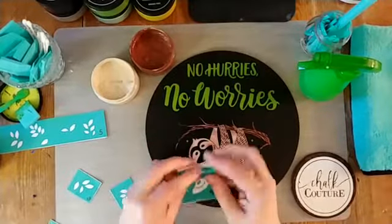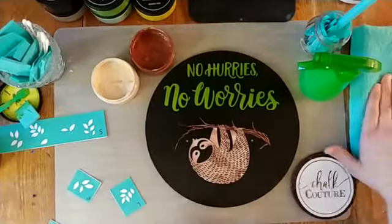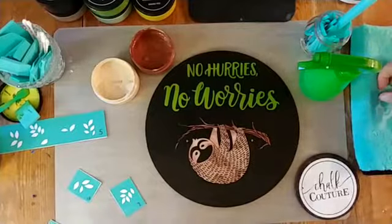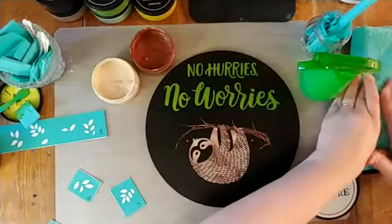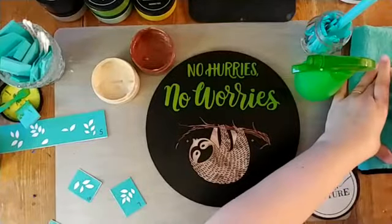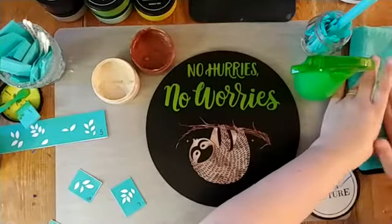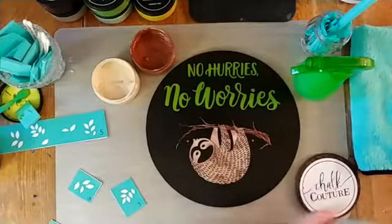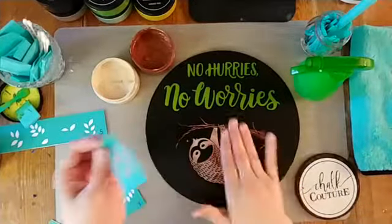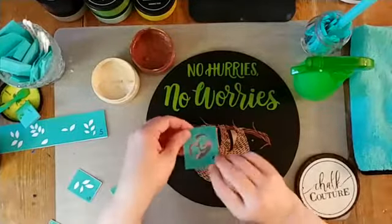Next, we're doing his mask part of his face. I don't know if they're related to the raccoon family, but in the face, it looks like they could be cousins or something. Sloth and raccoon cousins, in my opinion. I mean, I'm no biologist or anything, but...